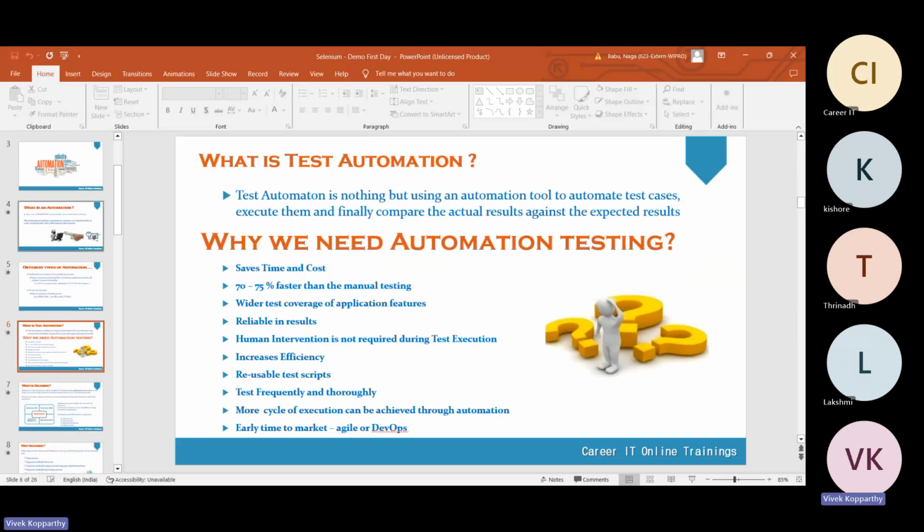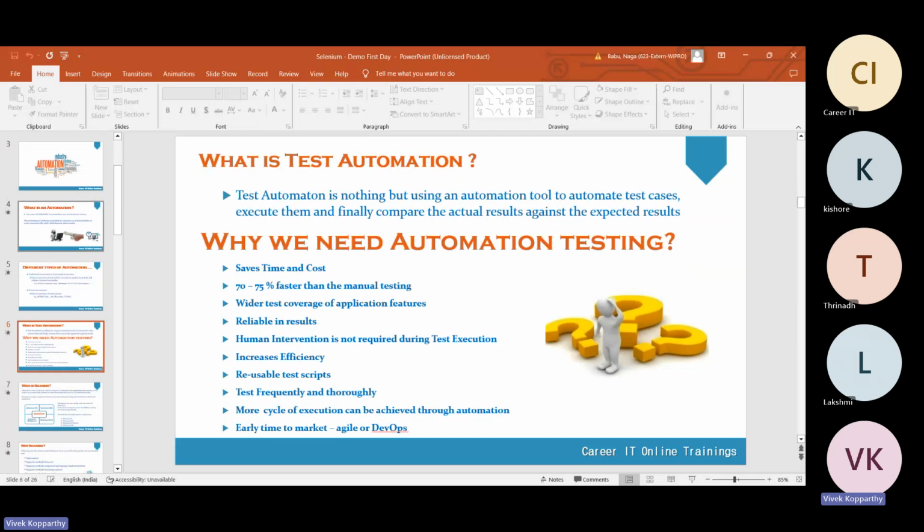Then why do we need to automate? Everything is fine. We are using software to automate human behavior. We are using software which is able to mimic human behavior. Then we bring it into the scene, and we use that software for testing. Yes, up to that it is fine. Then why do we have to use the software? Already we have human beings. They are ready to do that. Then why are you worried about some other software? Why do you have to learn all these things? So those things we can discuss now.